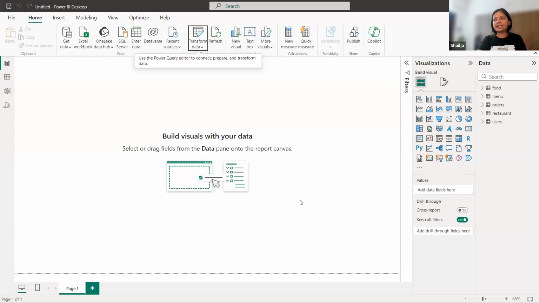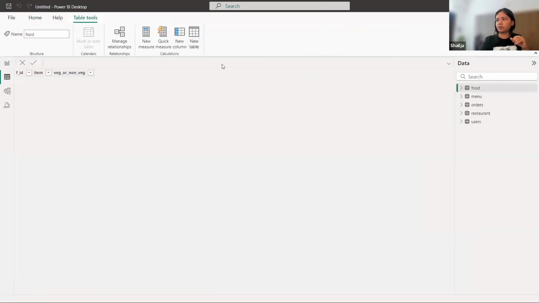Okay. Data is loaded, cleaned and transformed. Basic cleaning and transforming is done. After that, we'll obviously create a lot of measures to build our dashboards. So let's start creating our first dashboard. For that, I will create a separate table today, and I will call that table a measure table, inside which I will put all my measures. So I'll go here and click on new table,